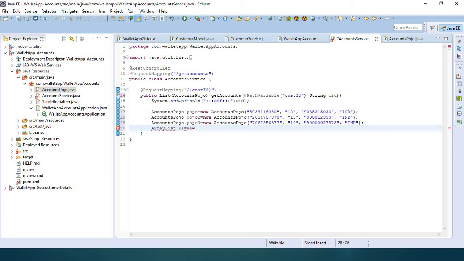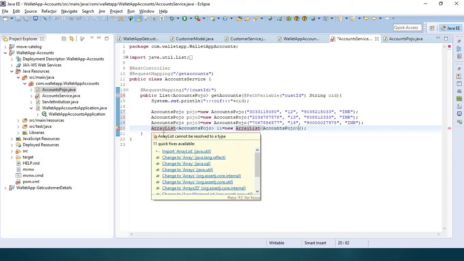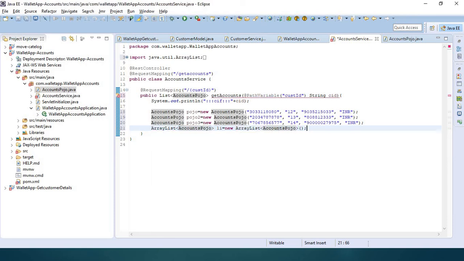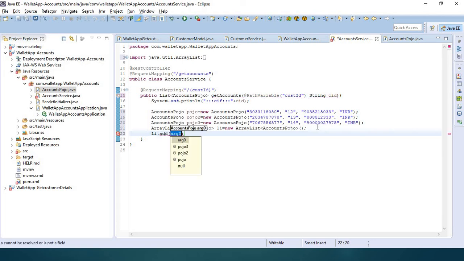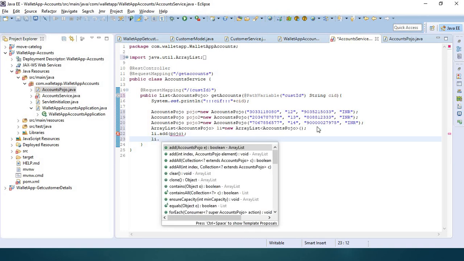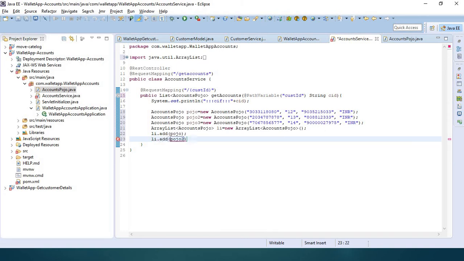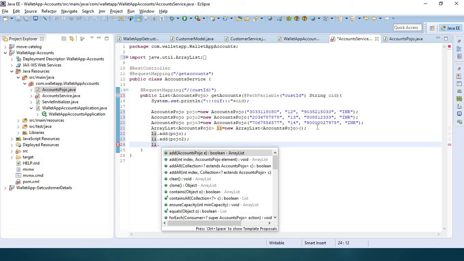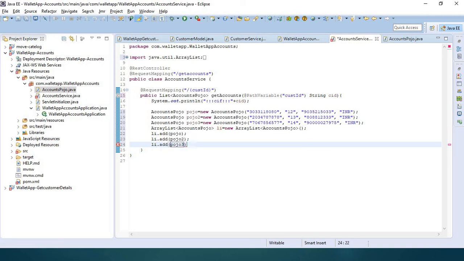Go to new ArrayList, but better add the generic type. list.add, also list.add, also list.add for 3.